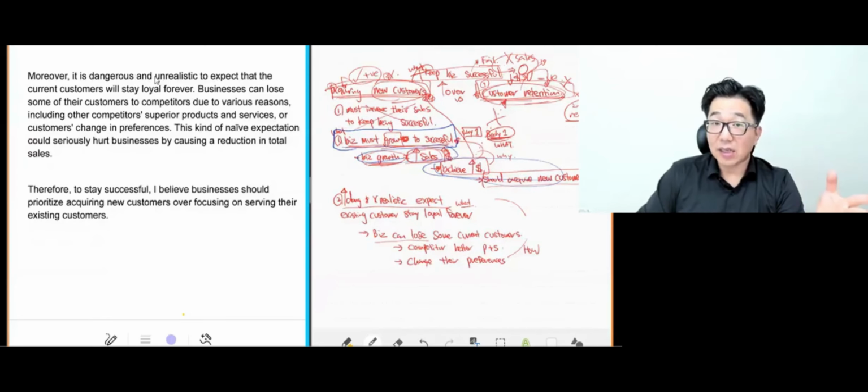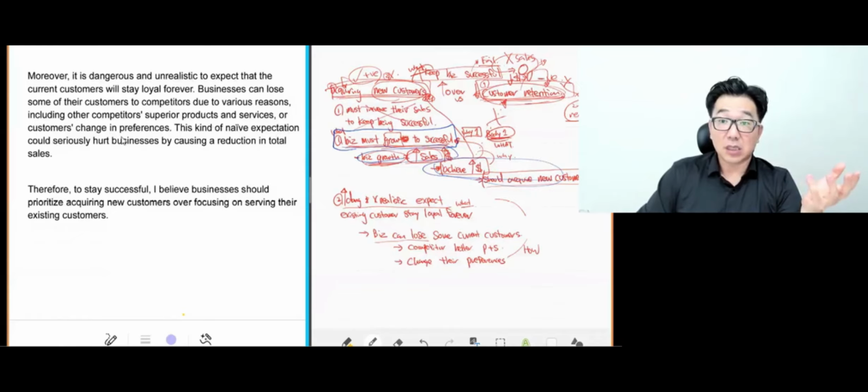That's what I said in my topic sentence. So to link it, to relate it as a paragraph conclusion, I'm saying, because this expectation is unrealistic and dangerous, I'm calling it's naive, okay? It's naive expectation. This kind of naive expectation, my topic sentence, could seriously hurt